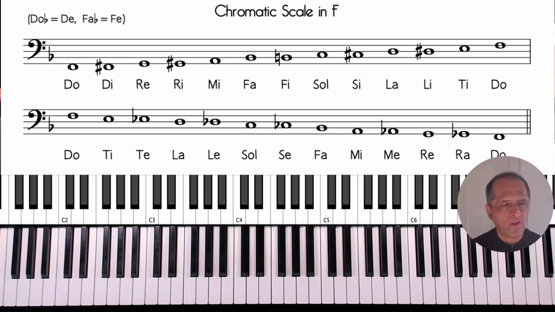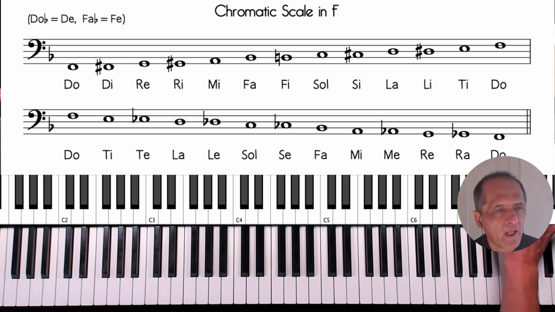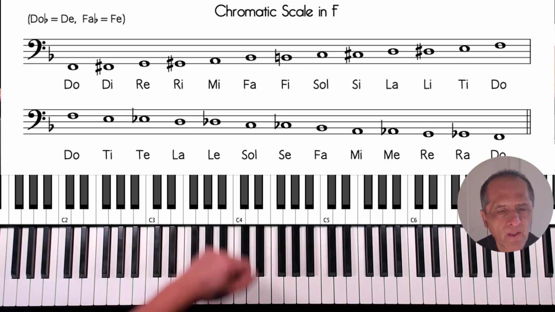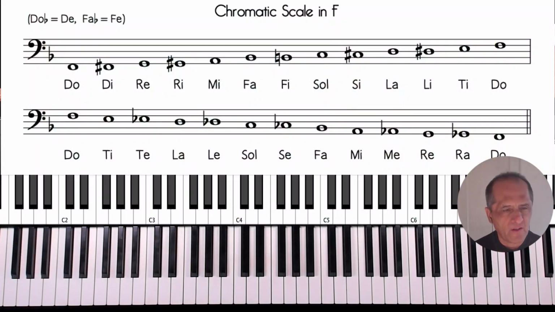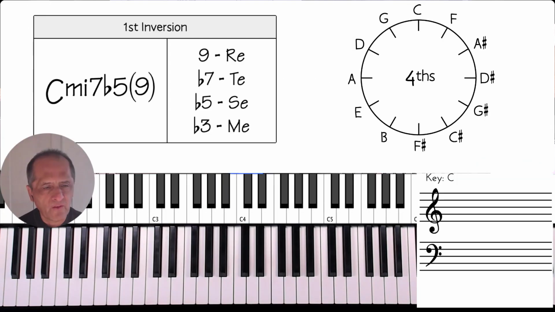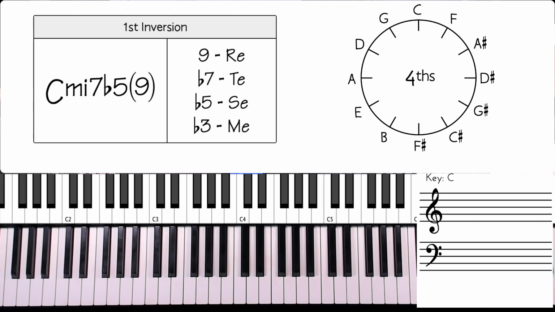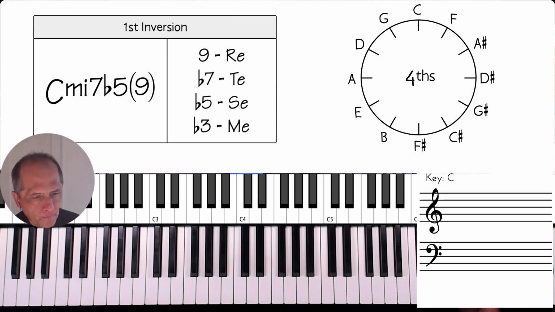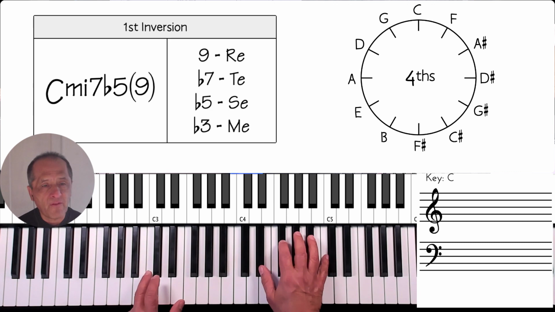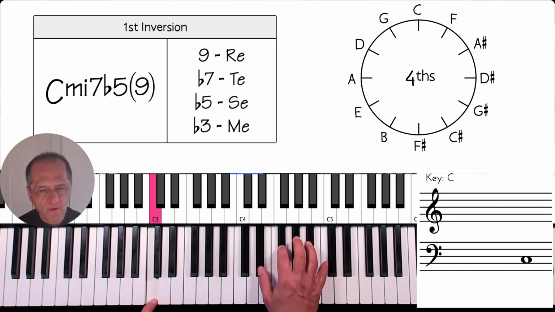Okay, good. So now I want to do one chord. Which chord are we gonna do? We're gonna do this chord. Okay, and one moment. So we're gonna work with our minor 7 flat 5 with a 9 in first inversion. So if we have a minor 7 flat 5,